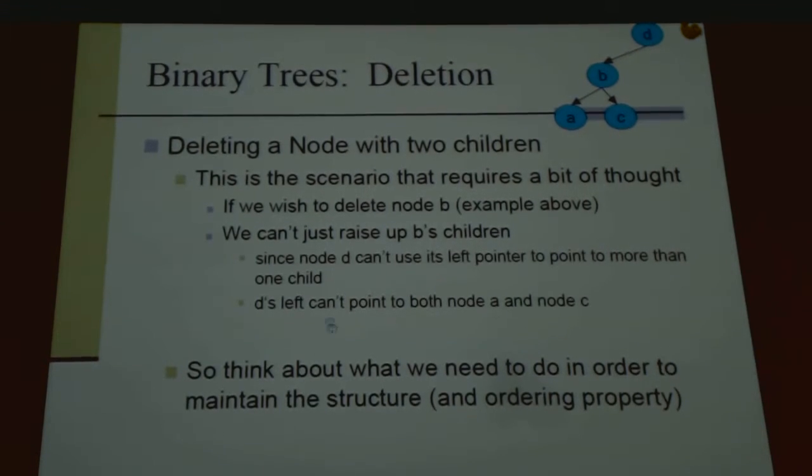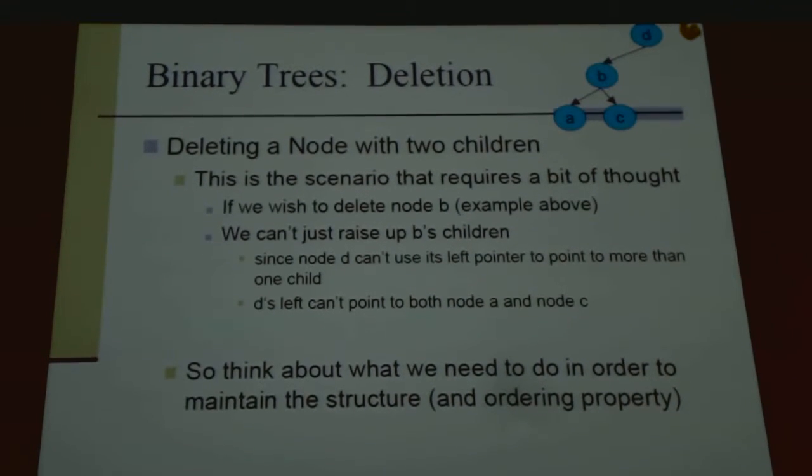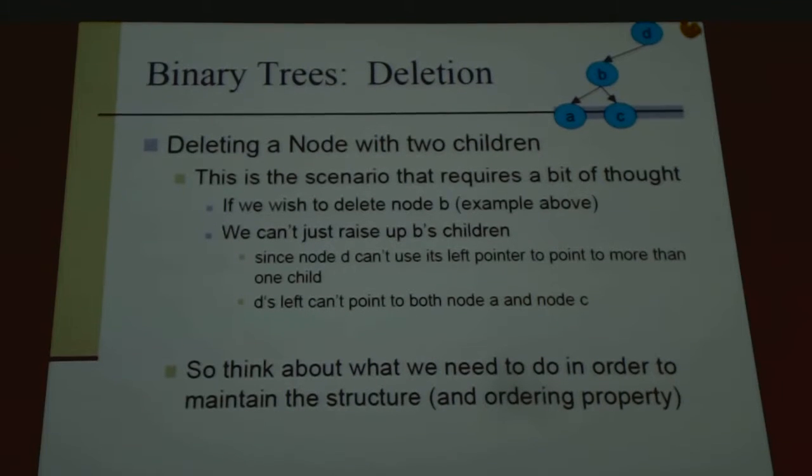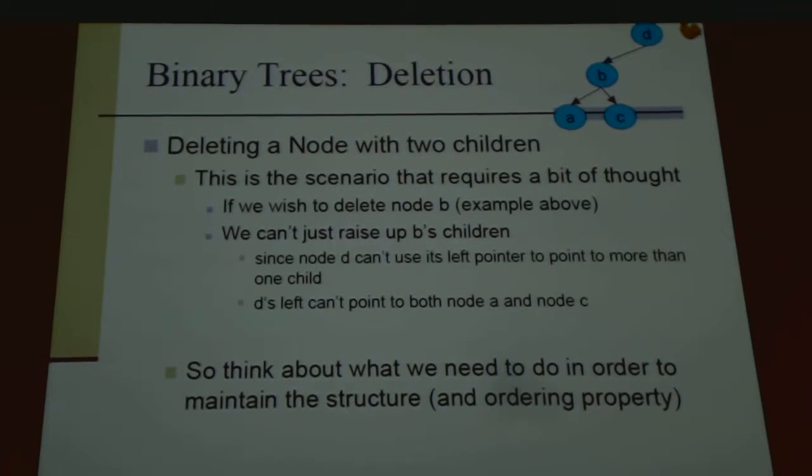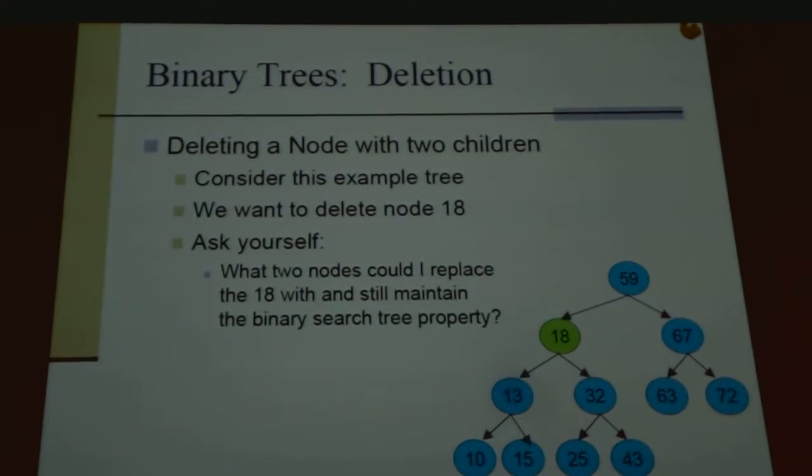So if we look at it, you can't just update D's left pointer and point it to A. You've lost the structure. Does that make sense? You can't just say, all right, D's left is now A. That's not going to work. Because what happens to C? It just kind of loses itself. It's completely unfortunate. It doesn't follow any paradigm that we're supposed to follow. So then we need to look at this